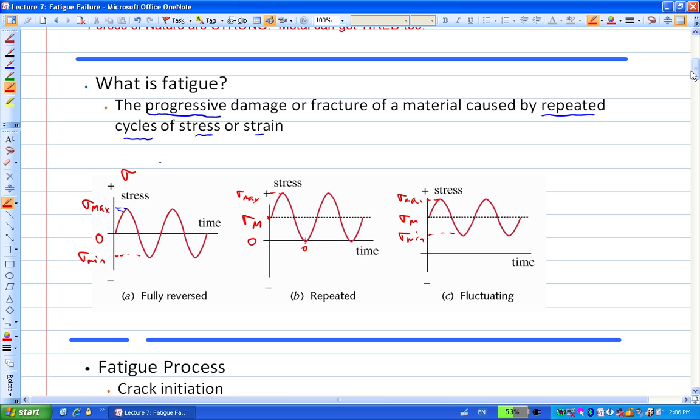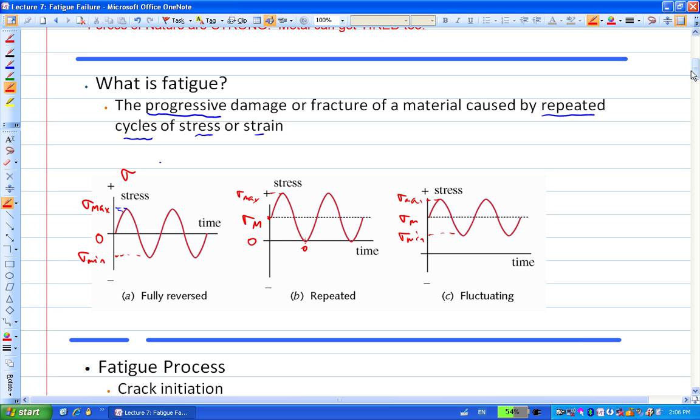Okay, so that's basically the tricky thing about the fatigue loading. Most cases of failure in reality are due to fatigue failure. So that's fatigue loading. And one more thing about fatigue loading is